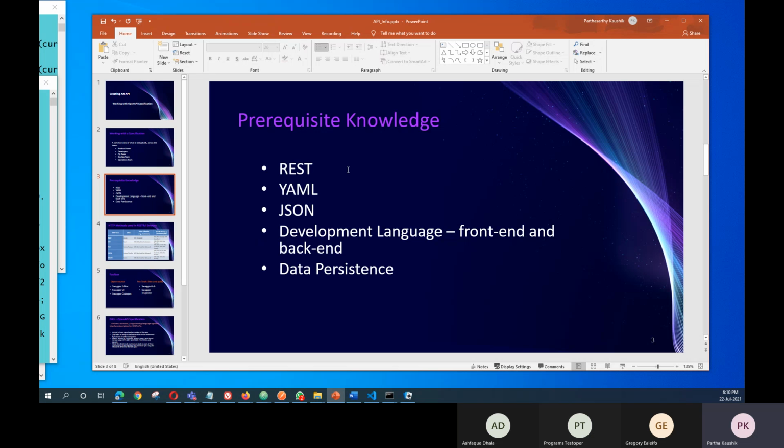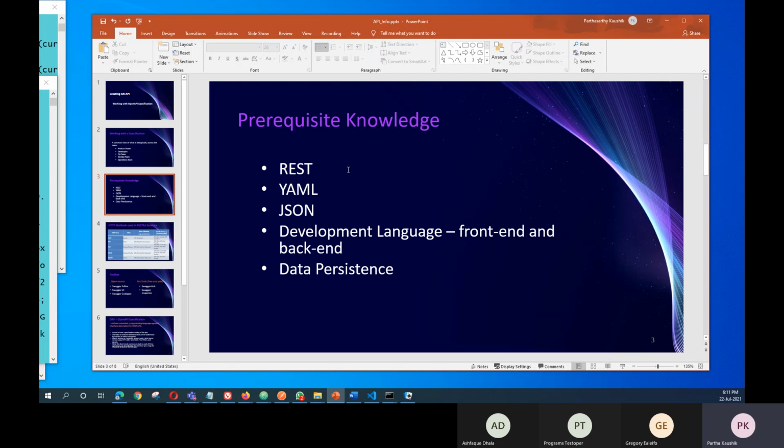Before REST, there was a protocol that people started using for interaction between front end and back end. What we had was called WSDL, or Web Services Description Language. The problem with WSDL was that it was heavy duty. The specification was really onerous. Specifications are always that way, but this specification was really heavy. A lot of effort needed to be made to make a specification. That's number one. Number two, since it is a web service, you need